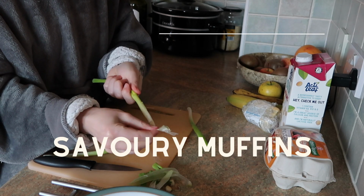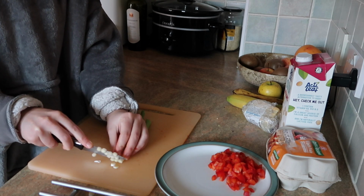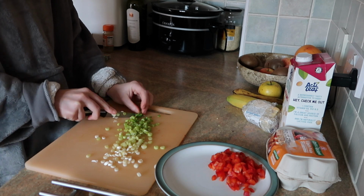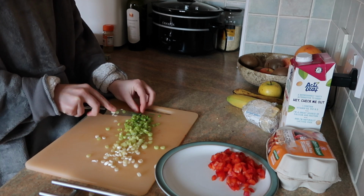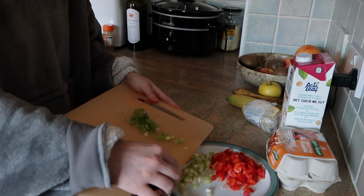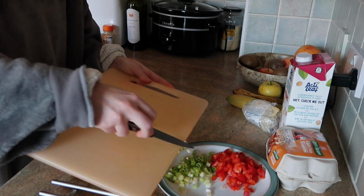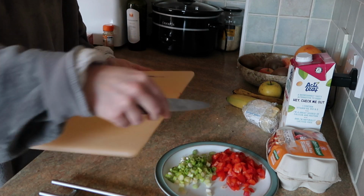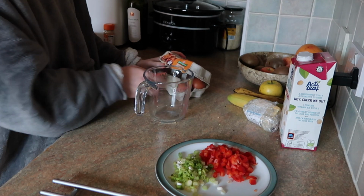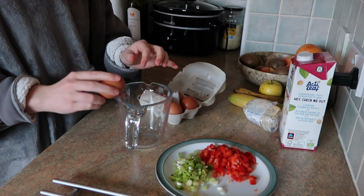I'm literally just going to start off by finely chopping up some red peppers and then also finely chopping up some spring onions. Now, to be honest with these, you could probably put anything in it, but I really like putting the sweet peppers in just because they add a really nice flavour, and the spring onions are really good as well because they're so small you don't need to pre-cook them. However, if you don't have the spring onions, then you could probably get away with really finely dicing up